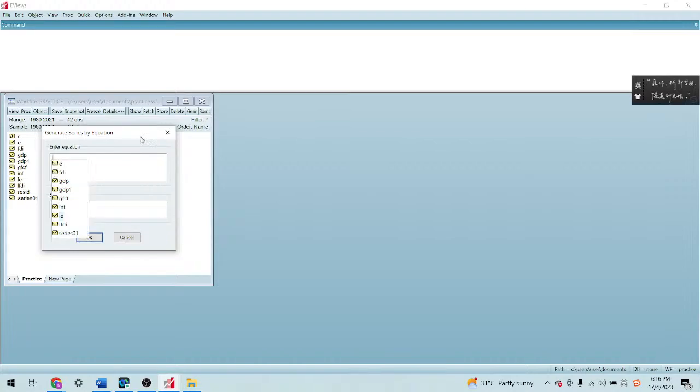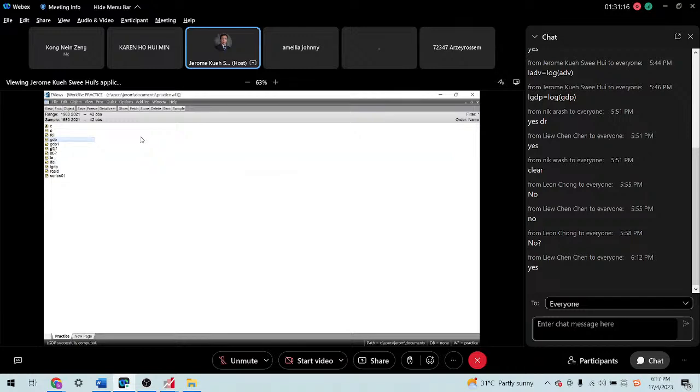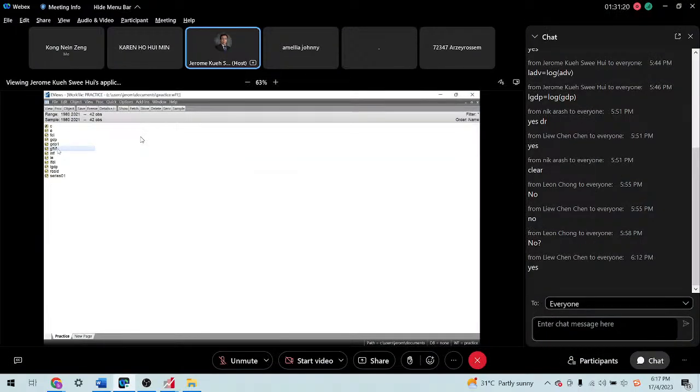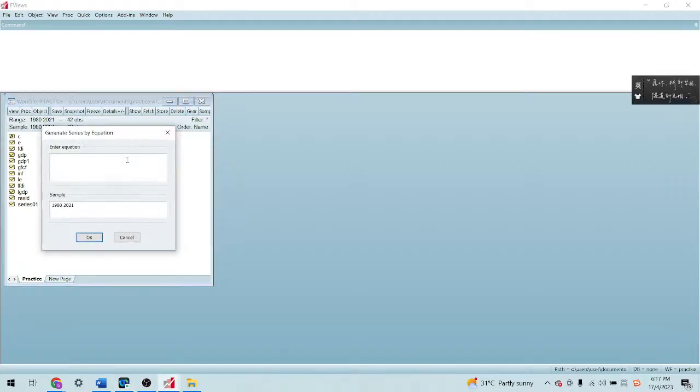LGDP equal to log GDP. And then you have this the G. Yes, here is gross fixed capital formation. LGFCF equal to log bracket GFCF close bracket.